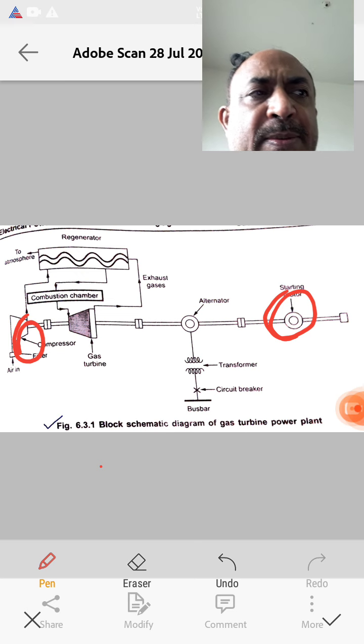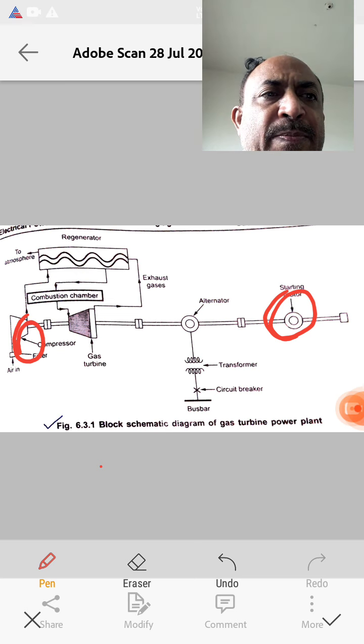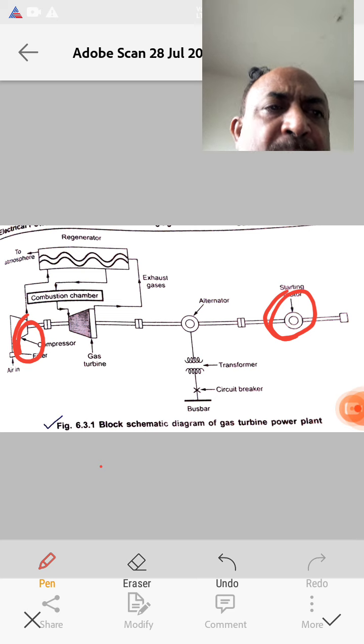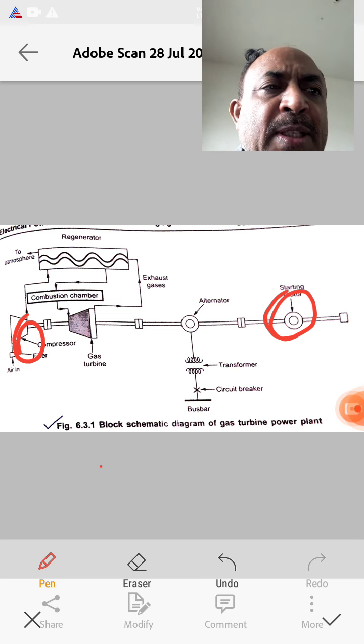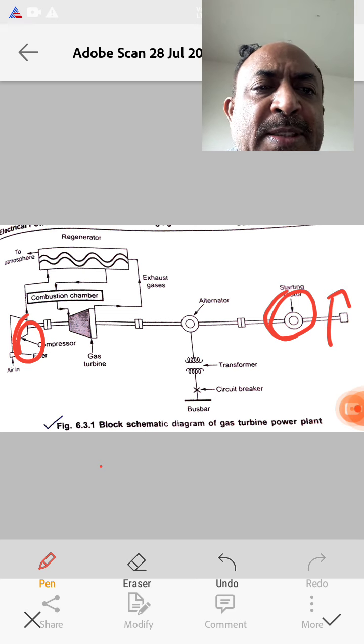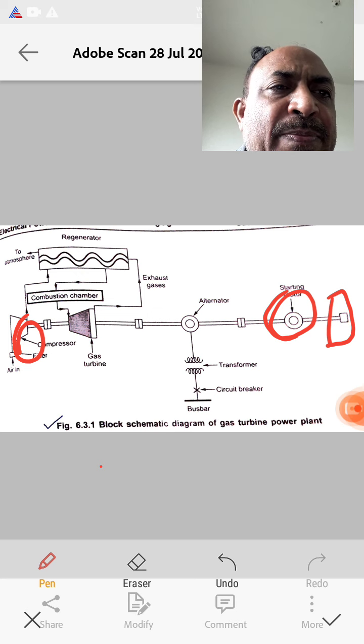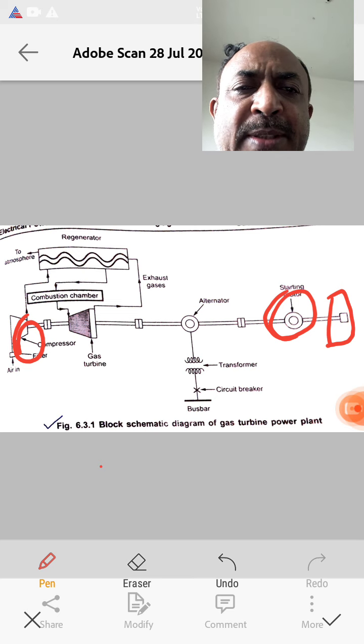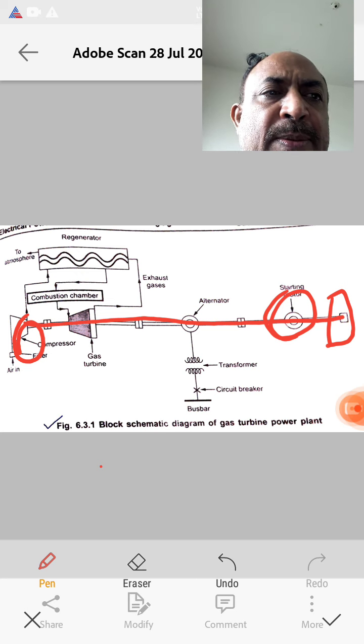This is the compressor. The motor is started with the help of batteries. This is the battery section. It is mounted on the same shaft of the turbine and compressor. This is the same shaft.